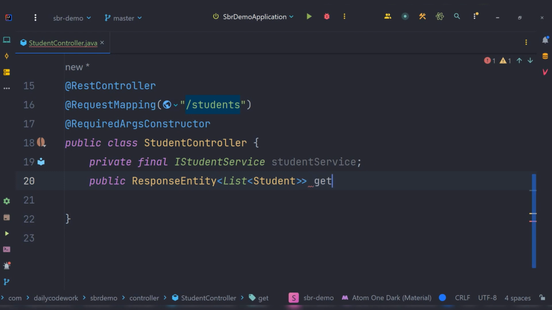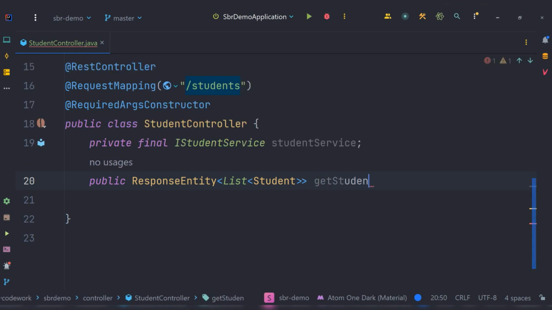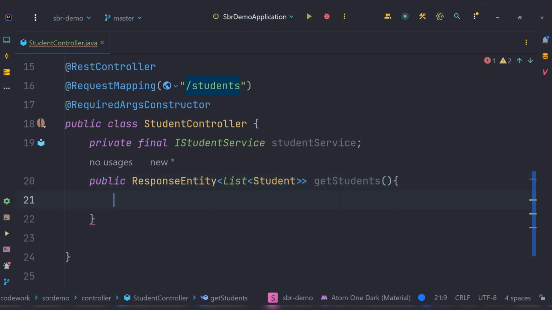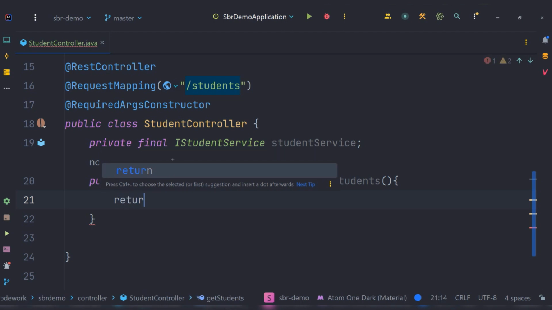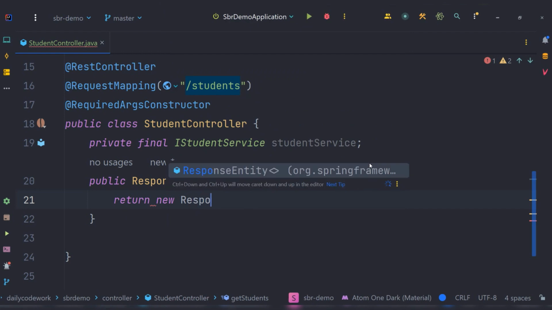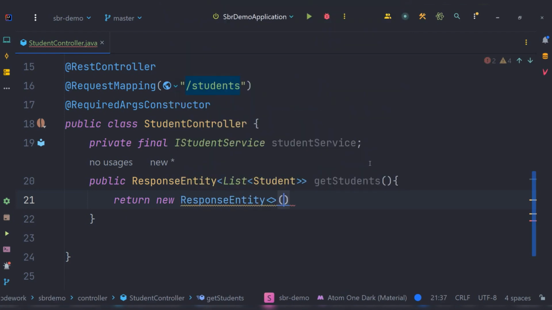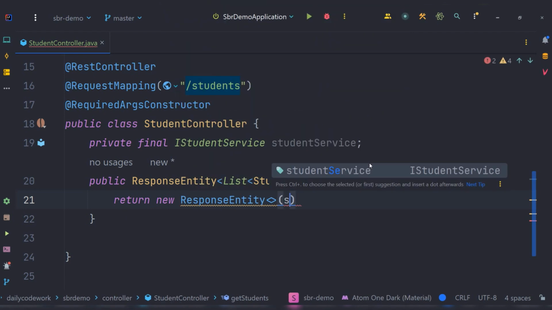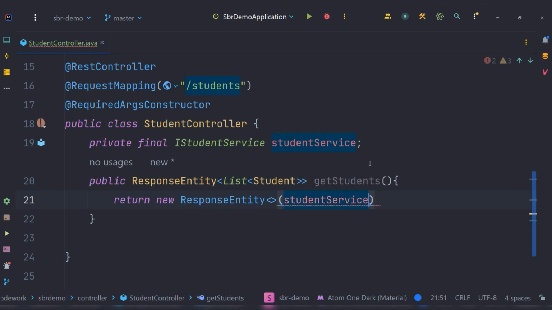Here we just call this getStudents. Then we return a new response entity, where we just call the service to fetch all the users, getUsers, and here we have the HTTP status